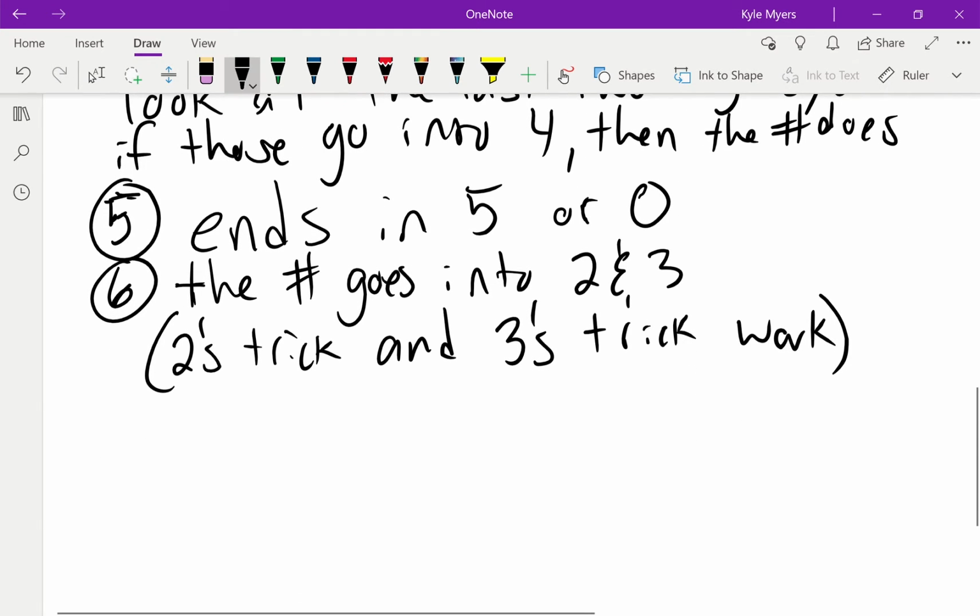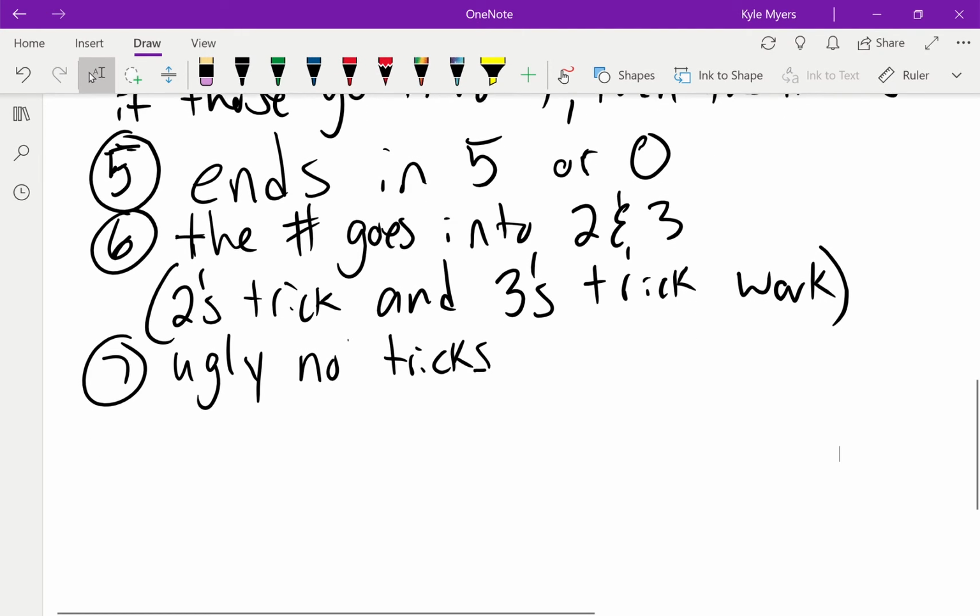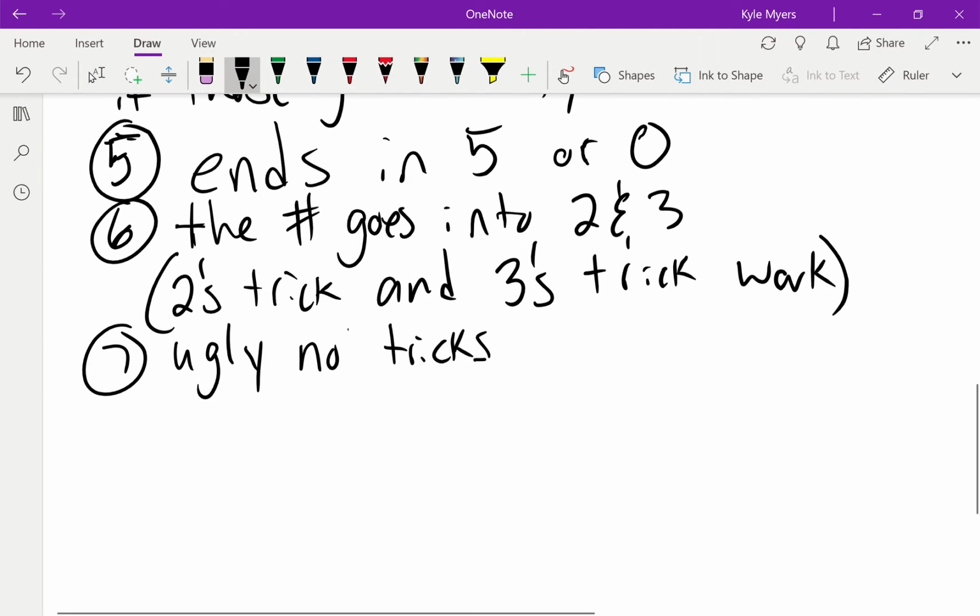So there you go. There's no 7's trick. Right? 7 is just ugly. Ugly. No tricks. All right, there's no tricks to being ugly. All right, and then for 8,